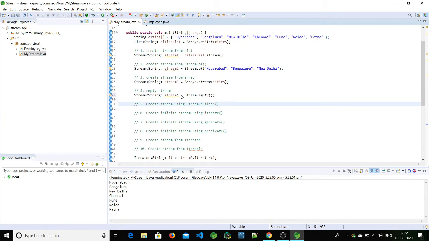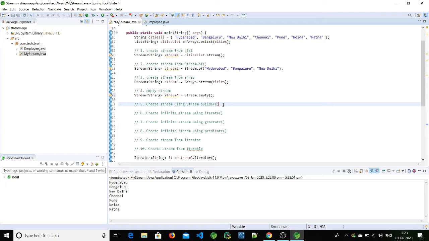The fifth one is by using the builder design pattern. The builder design pattern says that if you don't know how to create an object, or it is quite complex to create the object, or data or values vary dynamically during runtime to create the object, in that case we'll use a builder design pattern that will take care of all these, and by using that we can create a stream. You can learn much more about the builder design pattern in the builder design pattern section.